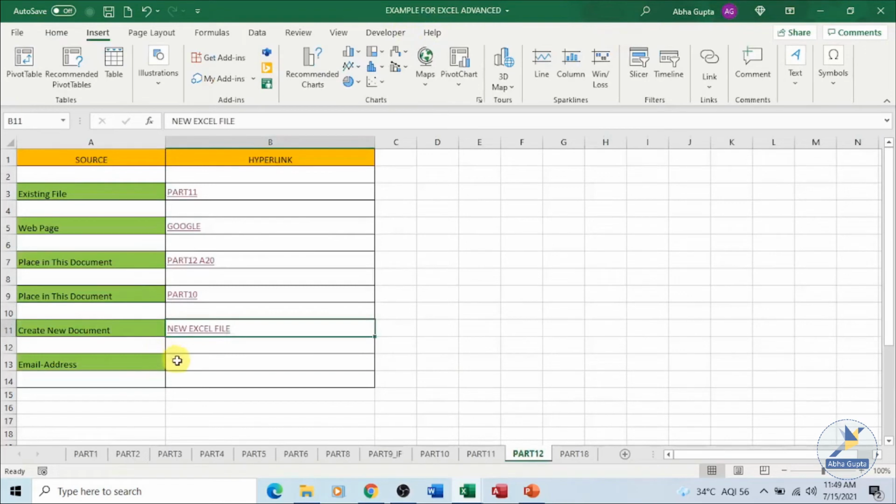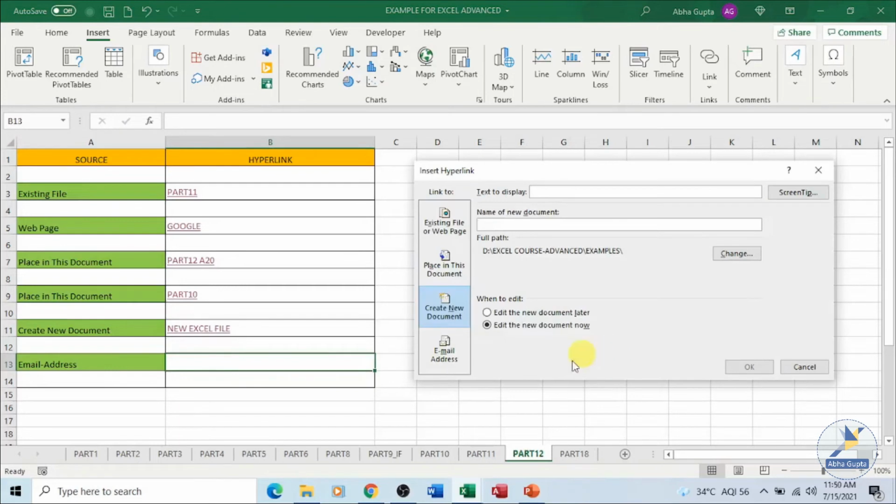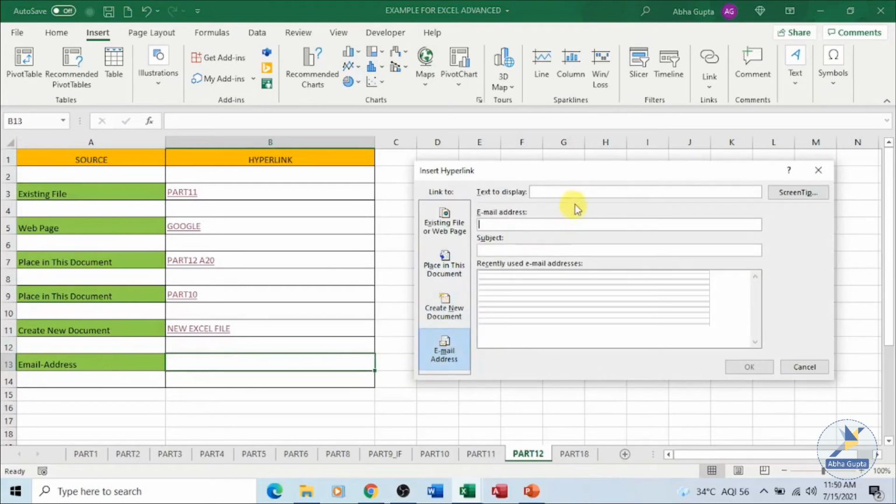Okay, now if you want to create a hyperlink to an email address, that can also be done. Say from here, last option, email address. What text you want to display?